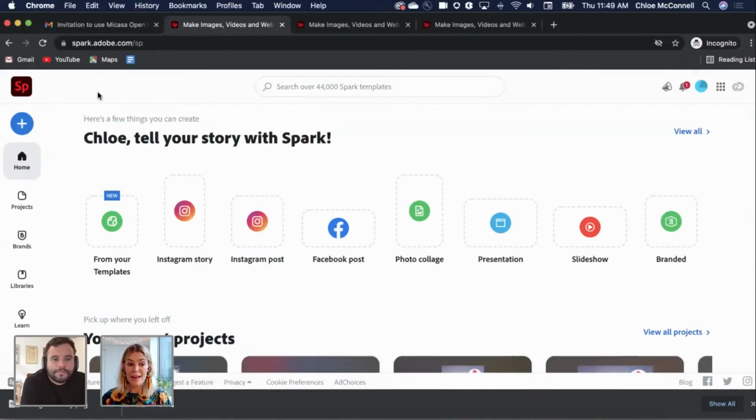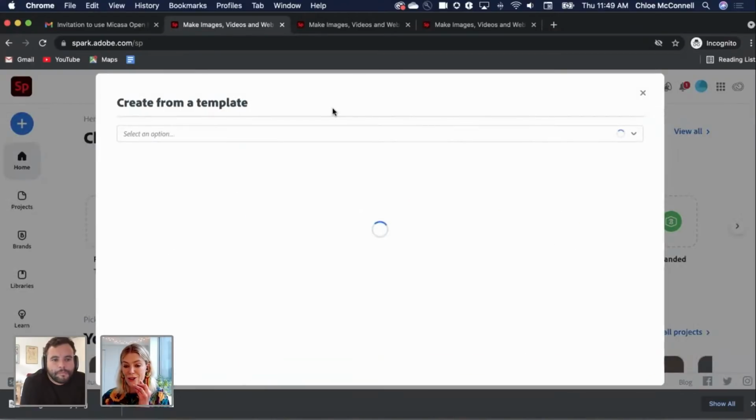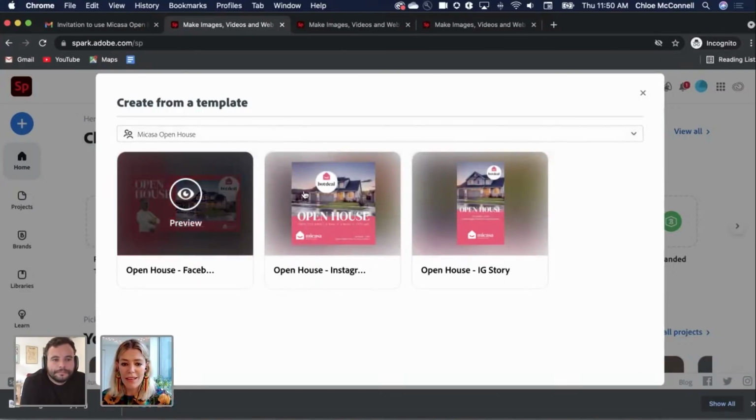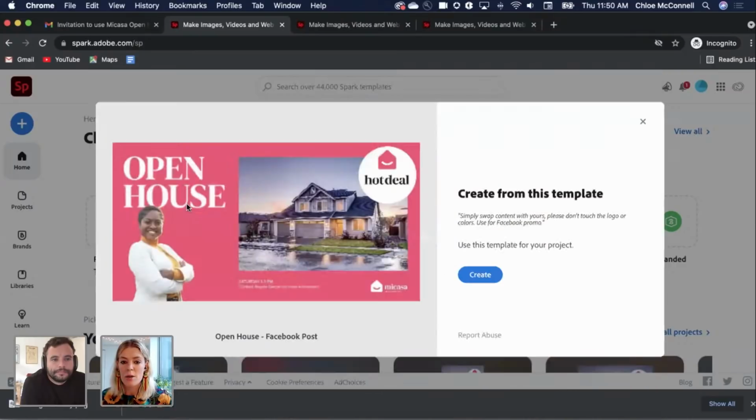In terms of where you can find templates, you can create from them directly from the editor, but you can also find them right here on the home screen. So if I'm logged in, there's this button that says from your templates. All you have to do is click it and it's going to load all the libraries that I have access to, and then I can navigate them and see these full campaigns, preview them directly from Spark Home, and start